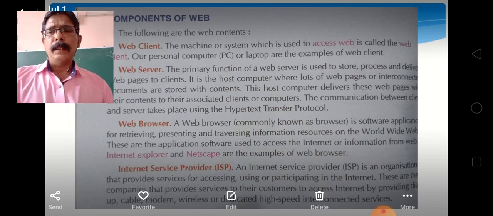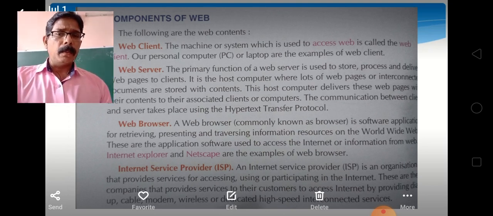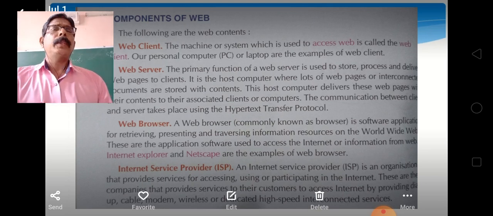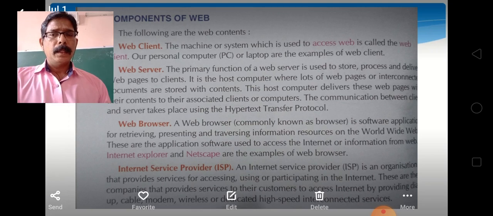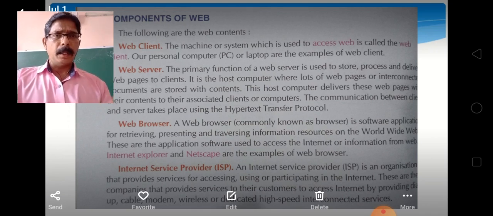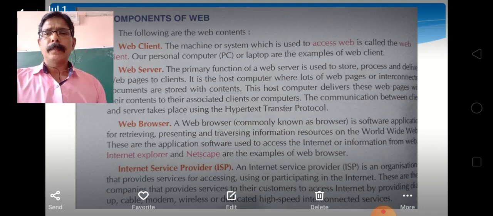The first one is web client. A web client typically refers to the web browser in the user's computer, machine, laptop or mobile device.